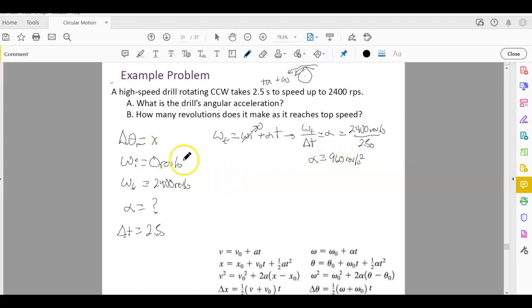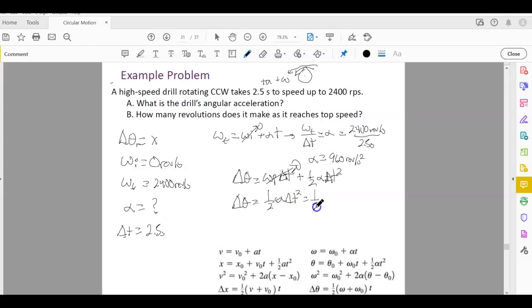Well, once we have that, to find part B, to find out what delta theta is, we're going to just use our simplest equations. Maybe in this case we could use this one right here. That's actually maybe simple: omega delta t plus 1/2 alpha delta t squared. Omega initial is 0. So delta theta is going to be equal to 1/2 alpha delta t squared,